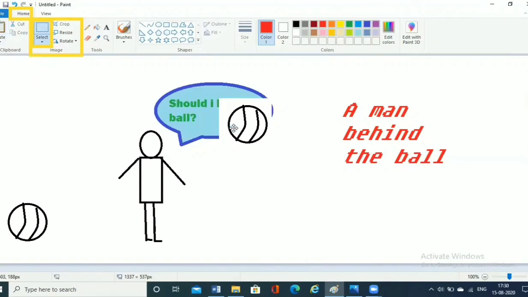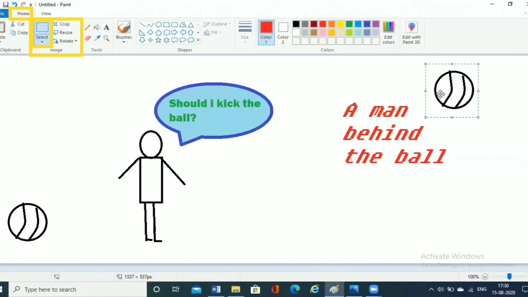Your ball is here. Now you can drag it to here and your ball will come here. So this is how you can do the selection, and you can move the ball as well as copy the ball by making its duplicate copy. Okay, so this was a rectangular selection.